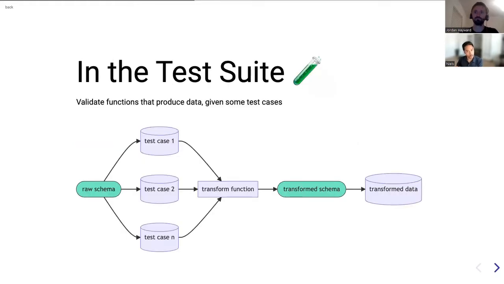The other side of data testing is in your test suite. I've created this transform function and it's supposed to clean up my data, but how do I actually know that in a non-production setting? So when you're developing this transform function, you want to be able to give it test cases, which are oftentimes hand created. So you create the data frame, or you create those inputs to the transform function, usually in your unit tests, and then you get a transform data frame out,